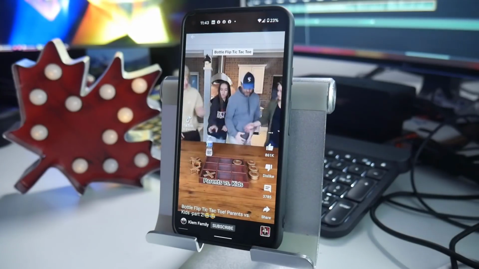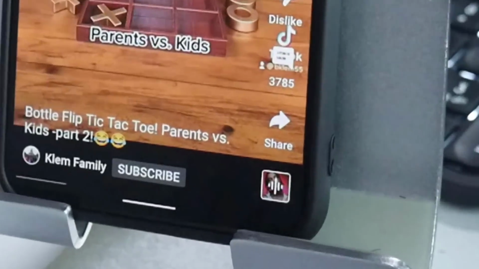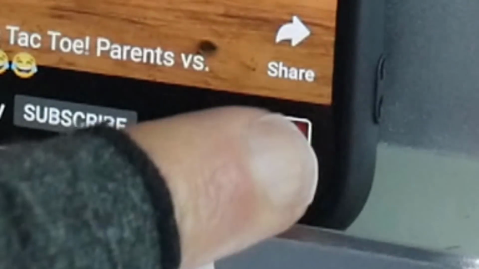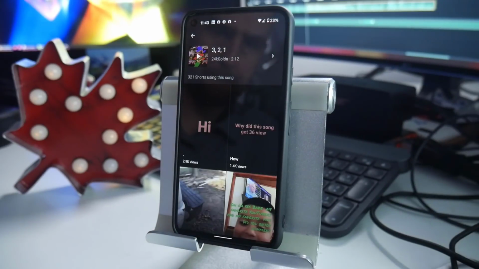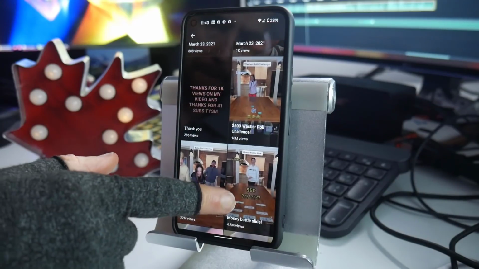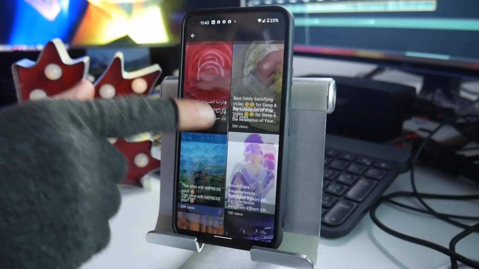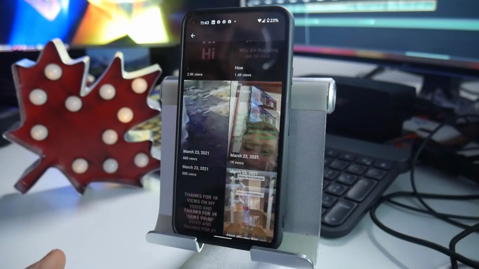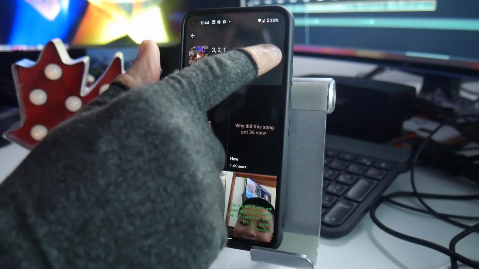Next, we see the integration of popular music into YouTube Shorts. When you see this icon, the creator has selected music via the YouTube Shorts camera tool. This icon allows a viewer to tap through and see more shorts that use that song. For creators, this is a useful way to see what type of shorts are being made using this music. At the very top of this page, you can tap through to the original YouTube video that contains the music,